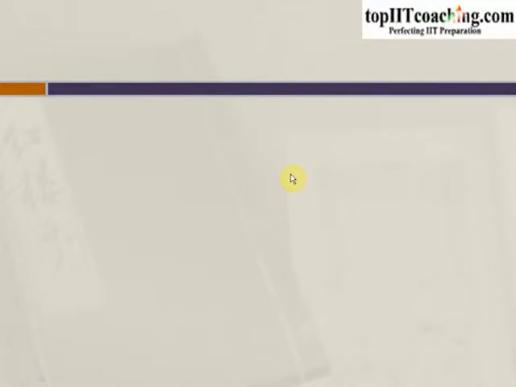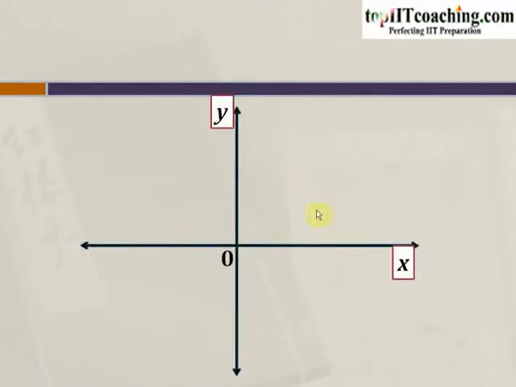Let's try to solve this problem geometrically. Let us say that this is an Argand plane in which x represents the real axis and y represents the imaginary axis. Now let us say that z is represented by this complex number, and this is minus theta. Because the argument of z is negative, let us say that this is minus theta. Here remember that the magnitude of this angle is equal to theta. We have written minus theta because the argument is negative, and so z lies below the real axis. So this would be minus theta.